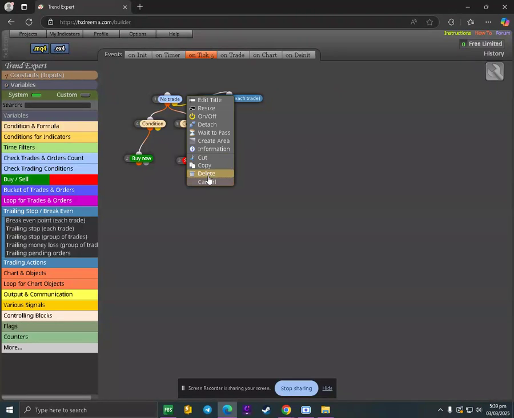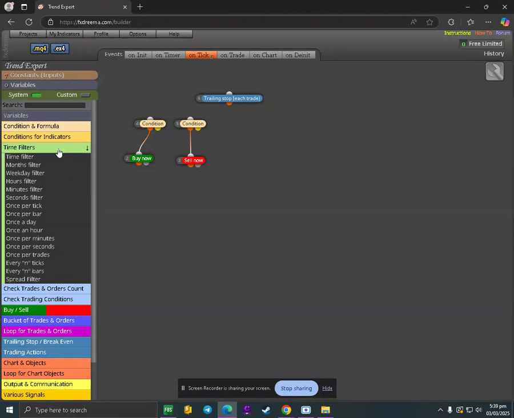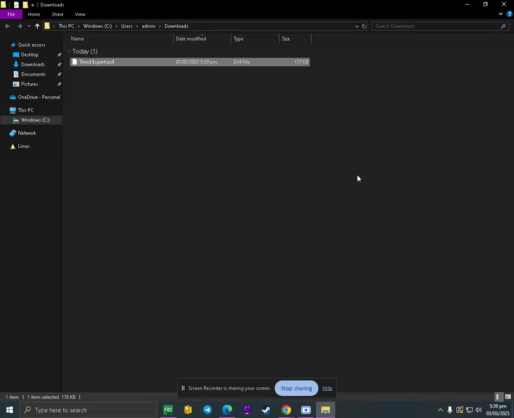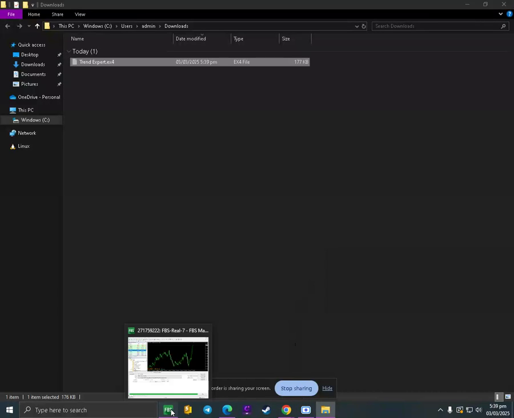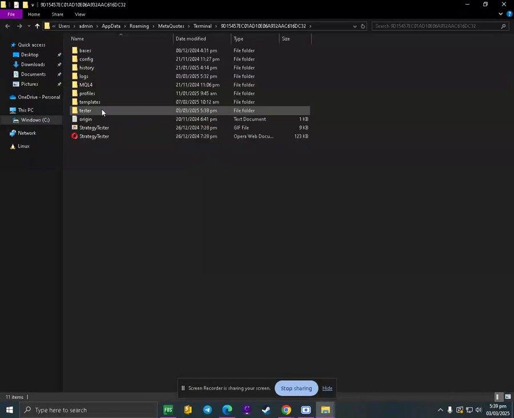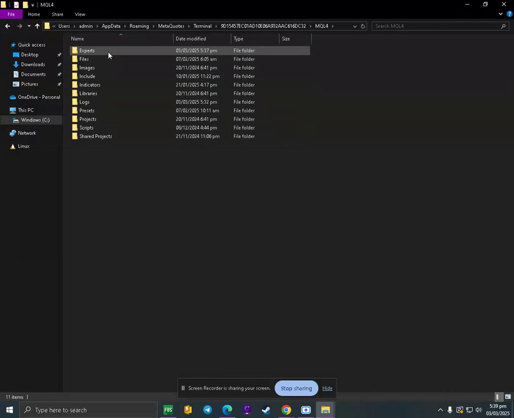Let's close this one, and we use once per bar, so the EA will trade once it crosses below or above. It's up to you guys what condition you want to put on this one. This is the simple EA only.